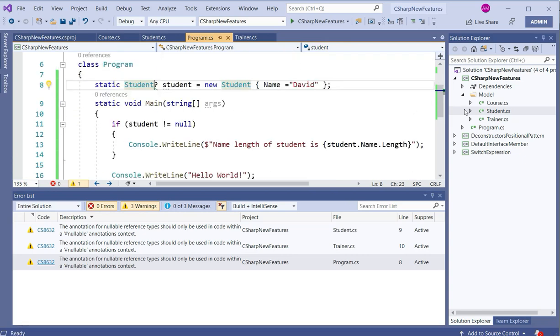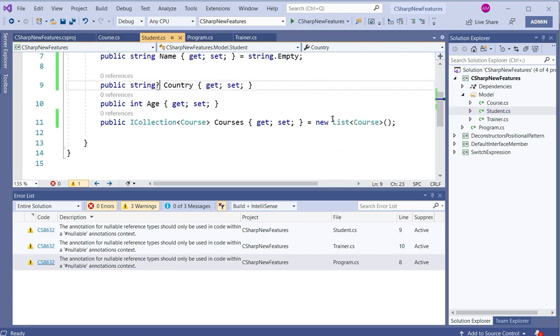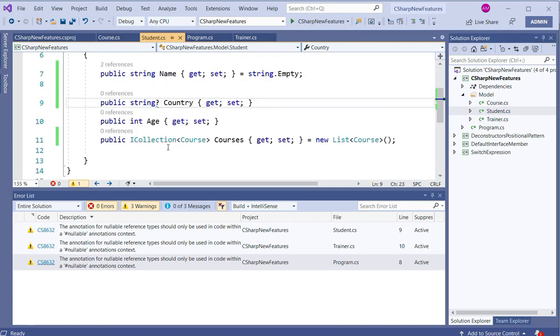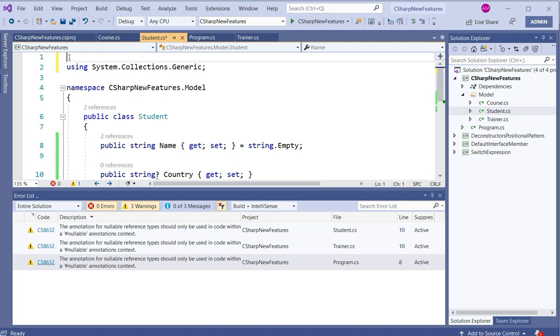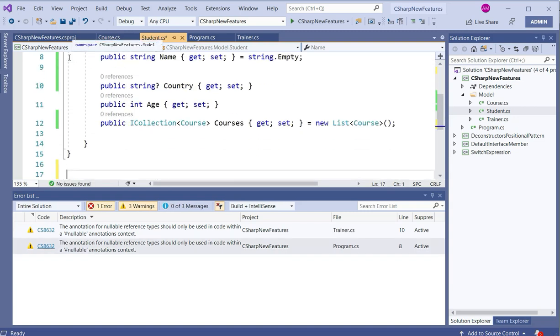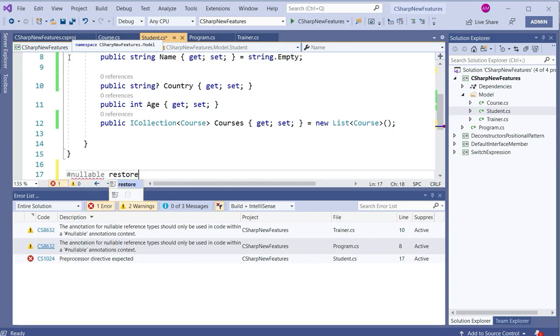So to enable nullable context, let's say we want to apply this nullable thing inside this student class. What we need to use here, we just need to write nullable enable, and we just need to write nullable restore.